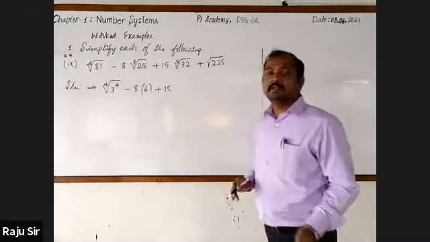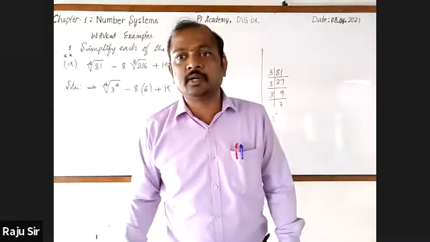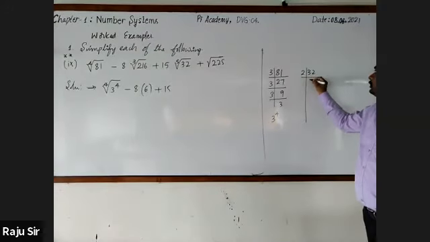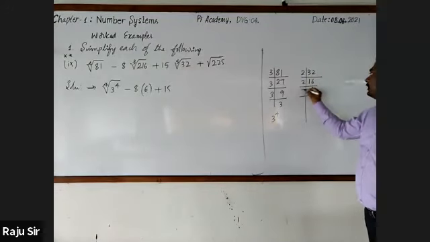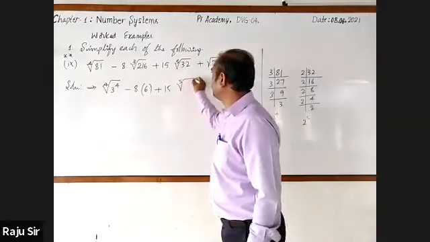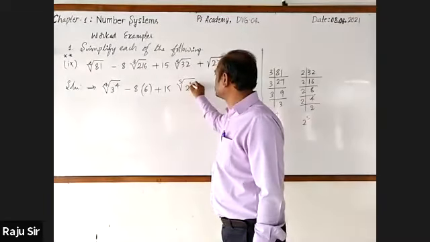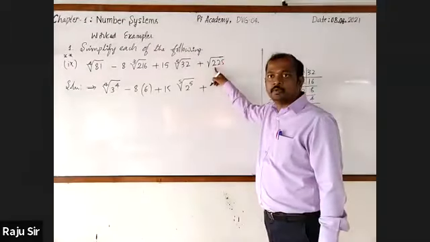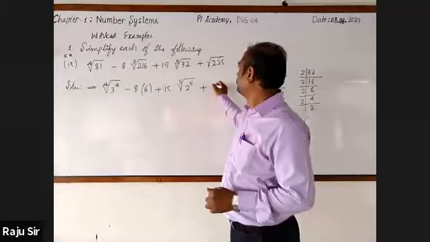So let's do one thing. Yagna, I've been telling you repeatedly not to write. 32 can be divided by 2: 2 16s are 32, 2 8s are 16, 2 4s are 8, 2 2s are 4. Now 2 raised to the power 5. The 5th root of 32 can be written as 2 raised to the power 5. Plus the square root of 15 squared. We are very familiar with this. Don't copy. I'll give you time.